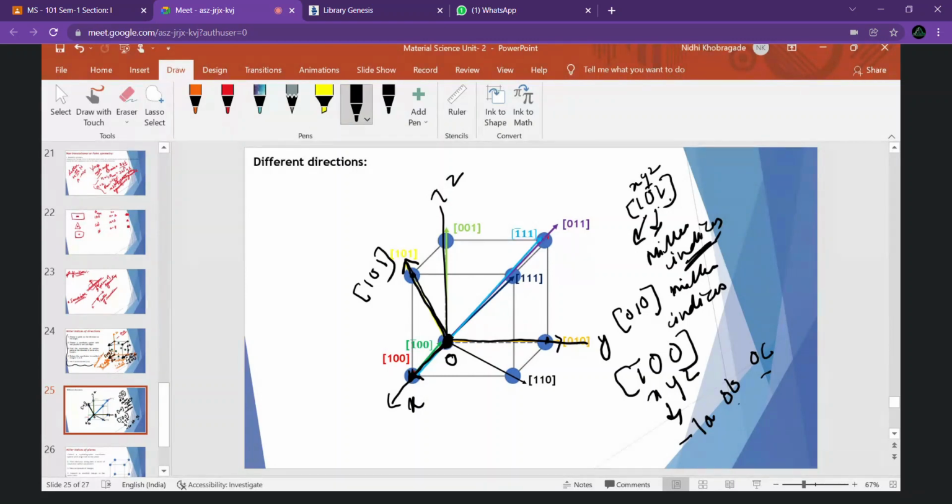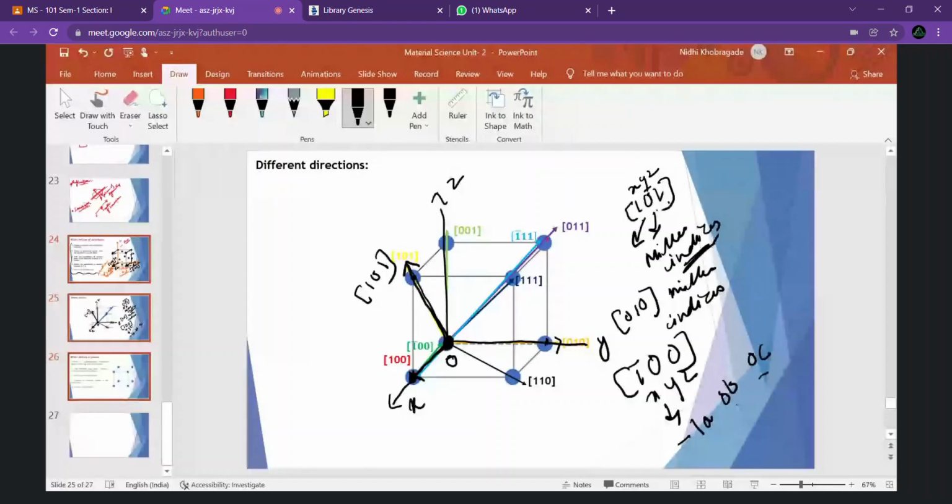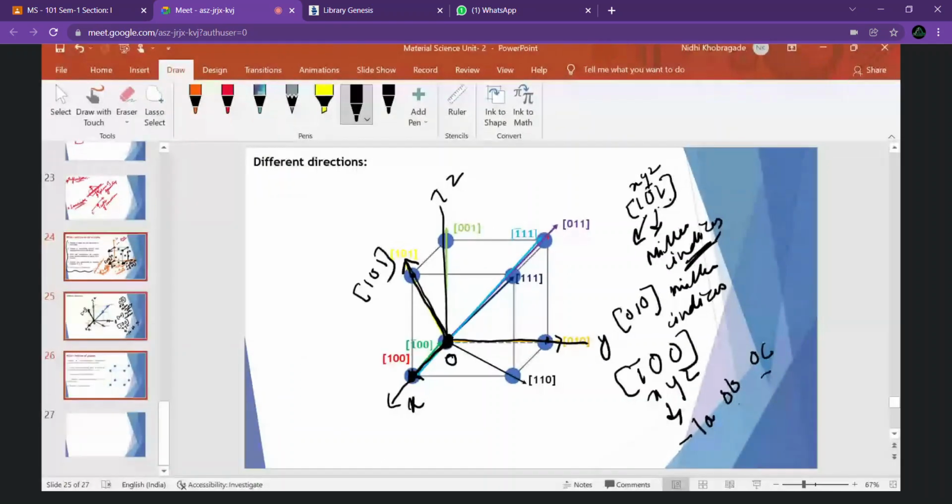So we will shift our origin to some other place. And as you know, we can choose the origin as per our requirement. Okay, so we will shift our origin to another point. By shifting the origin from this to this, we will consider this as our origin. So here this will be the x-axis, this will be y, and this will be our z.